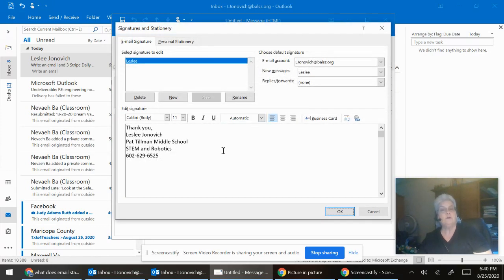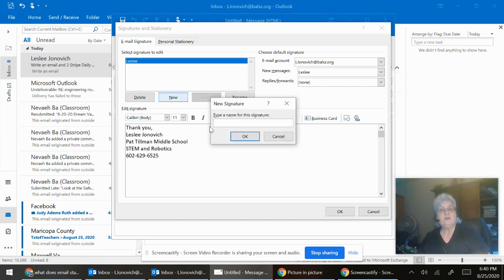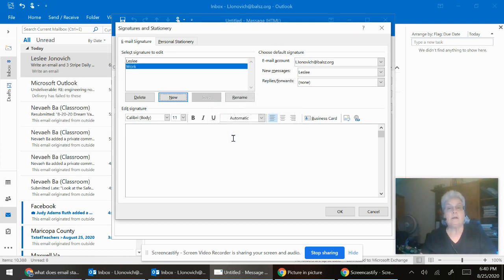Okay, so here, let's learn about signatures. I'm going to make a new signature, and I'm going to get rid of it after I do it. I'm going to call it work, and I'm going to click OK. In this signature, I'm going to put in here, just a fake thing: Thank you, Mr. Frog. And he works at